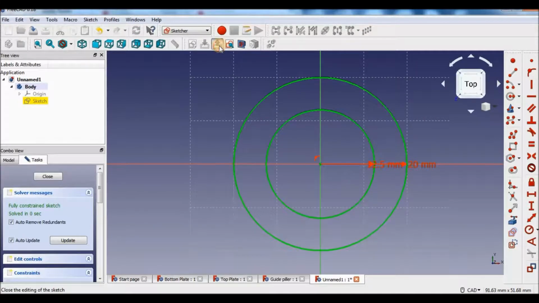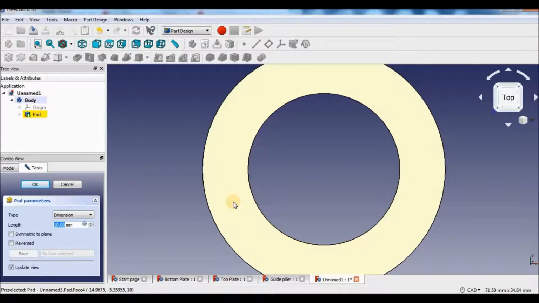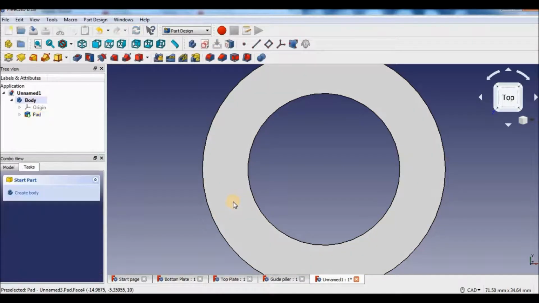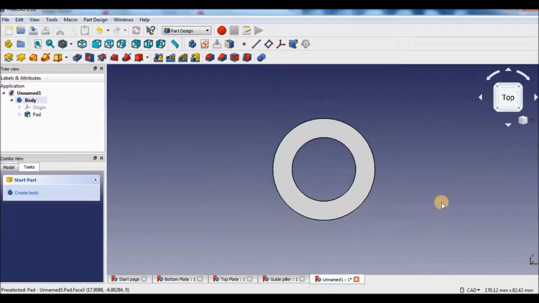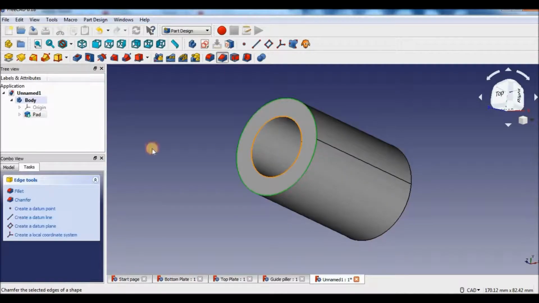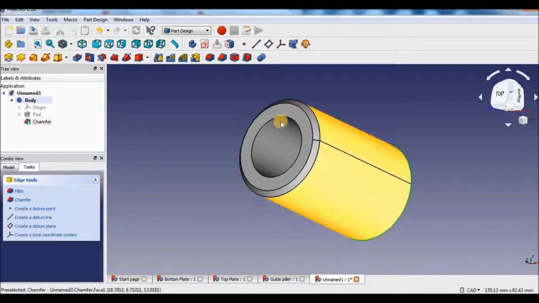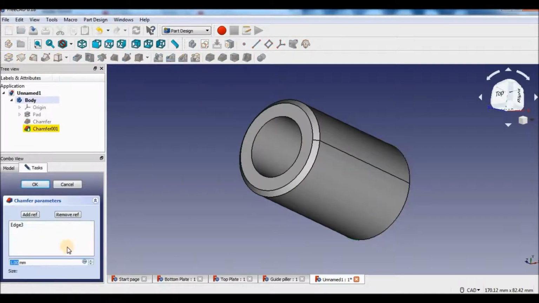Then go to part design, pad 60, OK, zoom to fit, rotate, select edges, give dimensions 2, select another edge with the same dimension again.